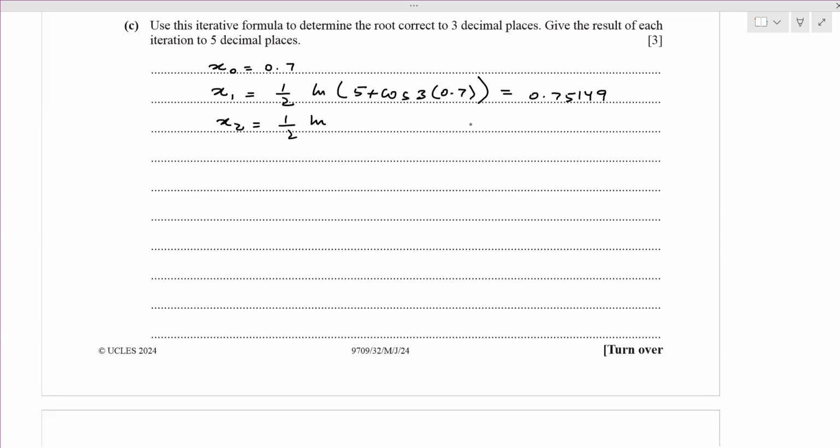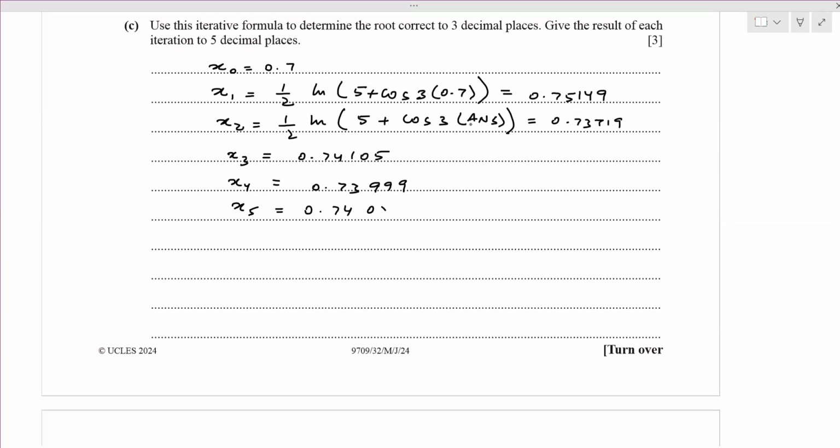And after that, how to calculate x2? Half ln(5 plus cos 3 times), 0.7 की जगह answer रखेंगे आप, equal to दबाएंगे, you will get the result 0.73719. और अब तो आपने सिर्फ equal to press करना है. So x3 is 0.74105, x4 is 0.73999, x5 is 0.74028,